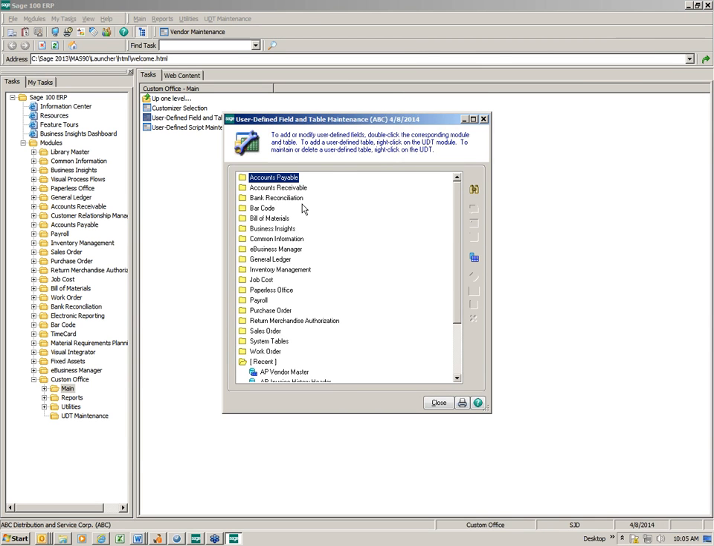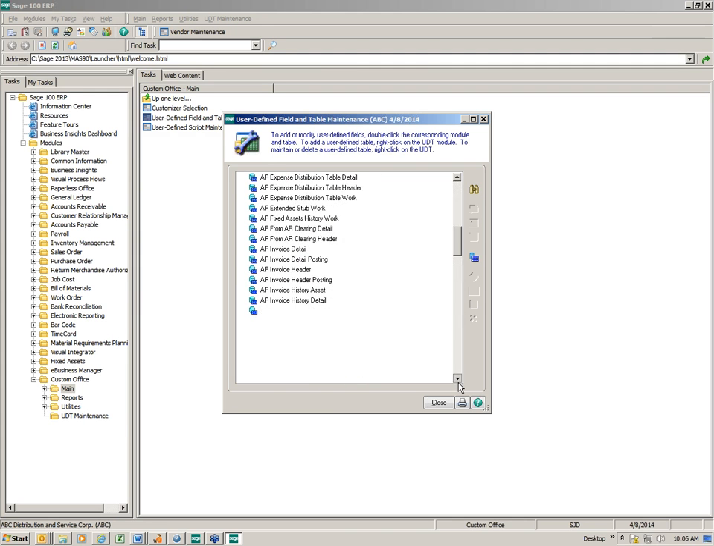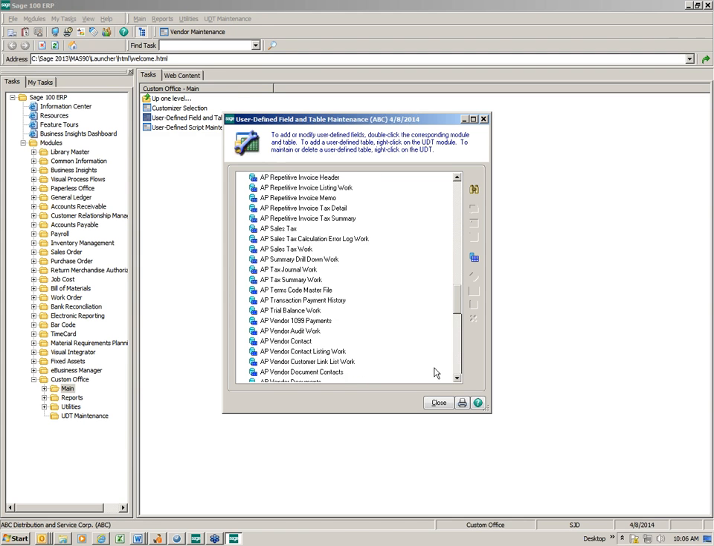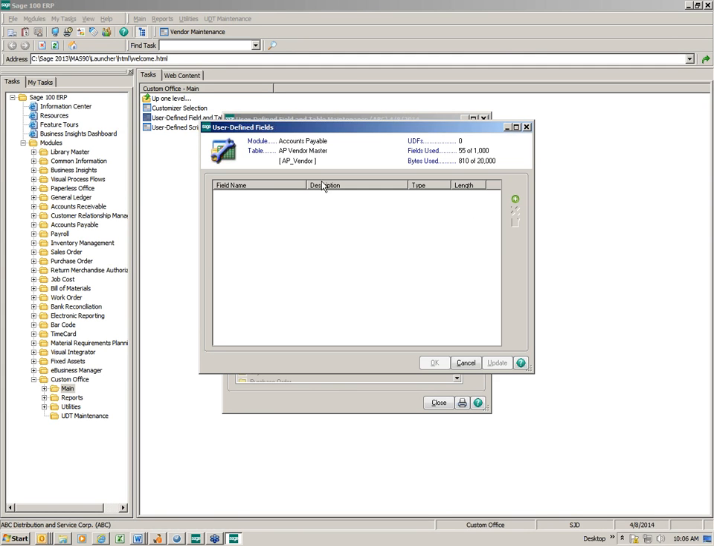Next, you have to determine what table that you want to add this to. Well, this is going to be vendor maintenance, so I'm going to do accounts payable. So I'm going to click on my file folder here, and it opens up all these tables. Okay? Now, I want to do the vendor master file. So I'm going to scroll down till I can find my vendor master file. Scroll a little faster here. And there it is. Now, I can double-click on this, or I can click on my Edit Fields button out here to the side. I'm going to go ahead and click on Edit Fields,